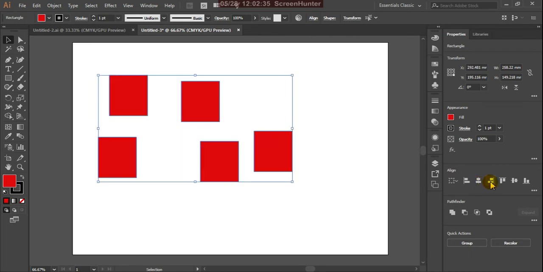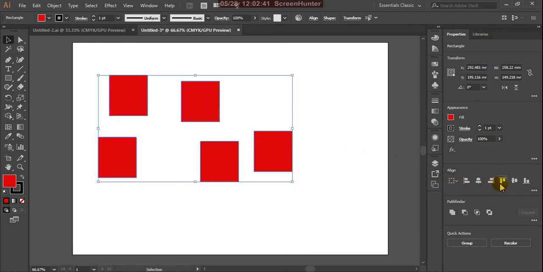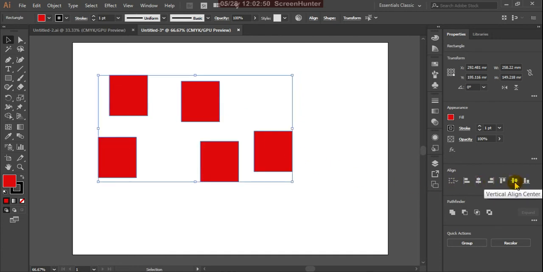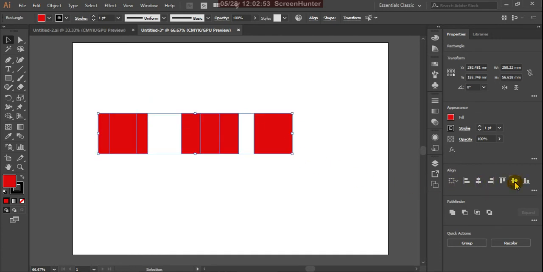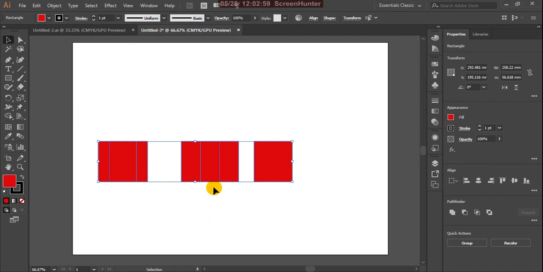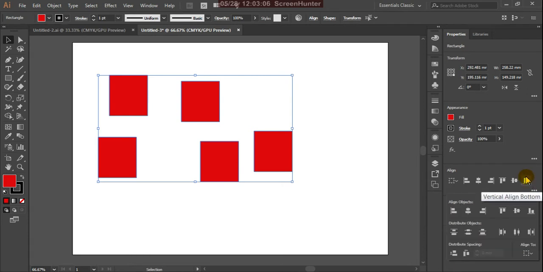Here is horizontal align right, a right alignment, Control Z. Here is vertical align top, so vertically aligning top, and vertical align center, and vertical align bottom, so at the bottom it is aligning.